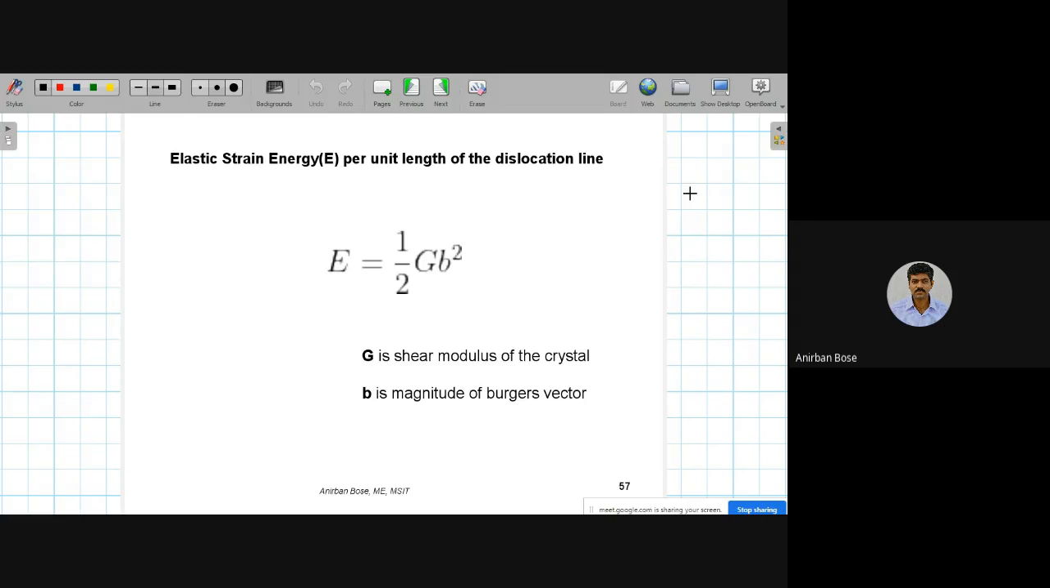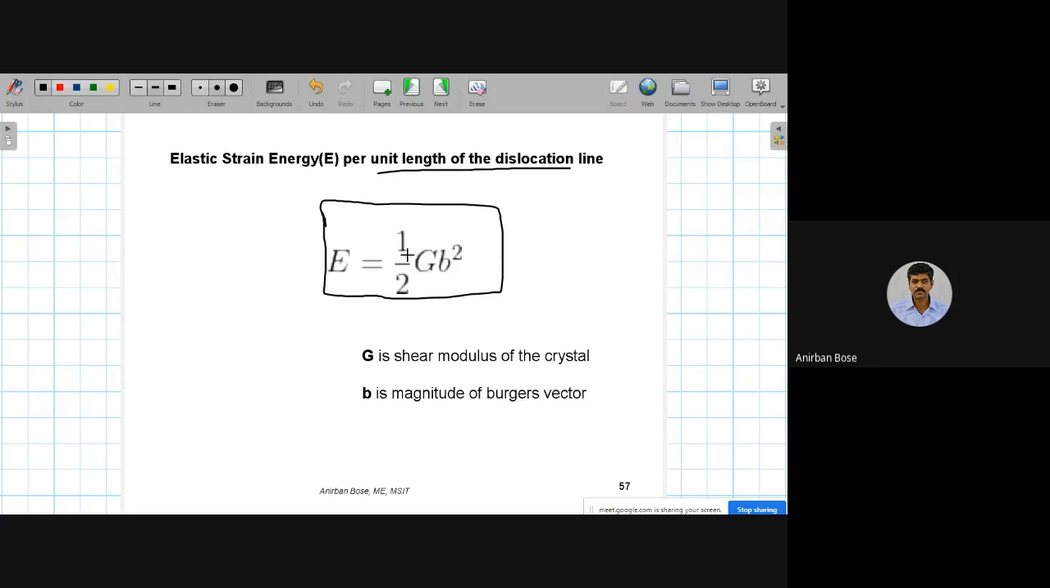Similarly, in case of screw dislocation, it is the shear strain energy. And in case of mixed dislocation, it is the general state of strain energy that surrounds the dislocation line. So if we want to measure the strain energy, this is the approximate measurement which is used: the elastic strain energy per unit length of the dislocation line. Okay, so E here is the elastic strain energy per unit length of the dislocation line, and this is given